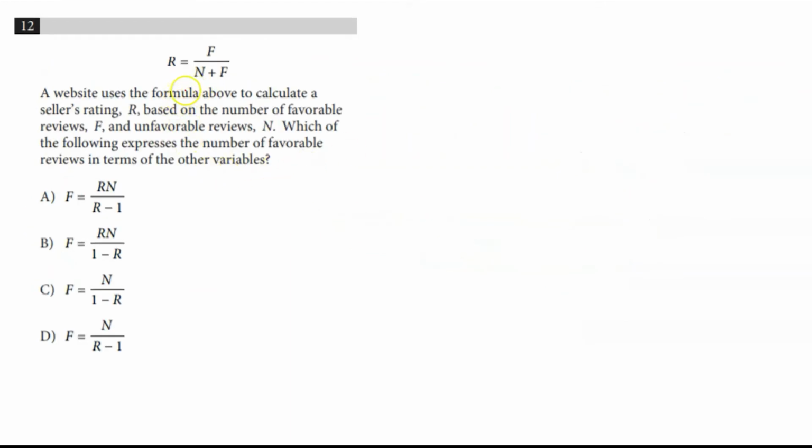So we are given a formula R in terms of F, N, and again, F, and we're trying to express the number of favorable reviews, F, in terms of the other variables. So we're trying to solve for F in this expression. So if we multiply each side by N plus F, we have that F equals R times (N plus F). We can also expand here, rewrite this as Rn plus